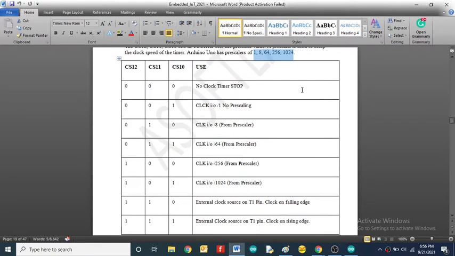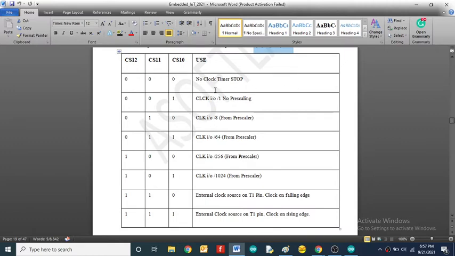What that means is, if you make all these bits 0, there is no clock source, so basically the timer is not operating or enabled. When you make it 001, the overall clock is divided by 1, that means no prescaling, and you are working at 16 megahertz. The clock here is the internal system clock, and we have a system clock of 16 megahertz.